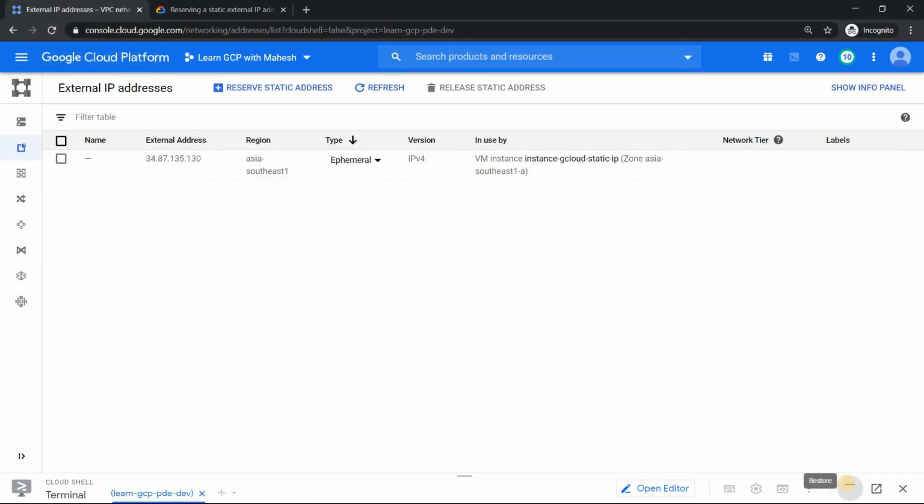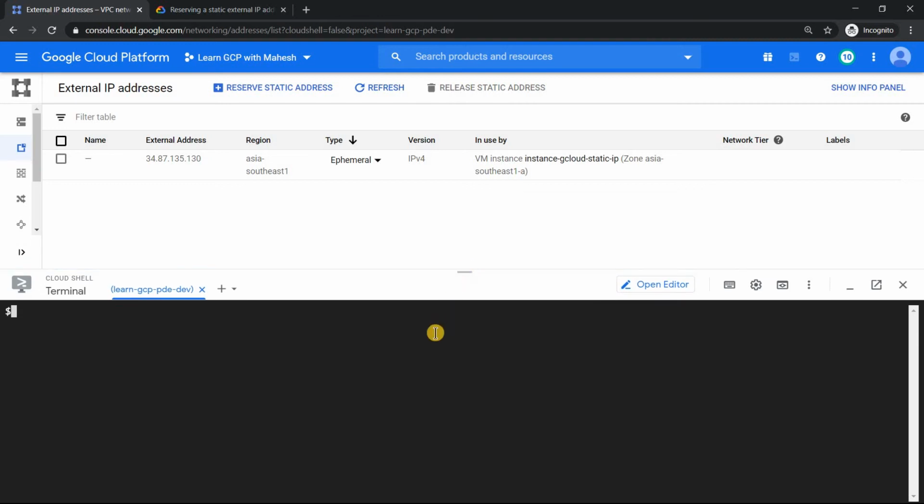For this, I'm going to launch my Cloud Shell, and instead of copying it, let's learn the command. So gcloud compute, and you can use tab, it auto-completes, addresses create. And what's the name? Let's call it static-cli, for command line. Then I want to pass the flag which is addresses, then just copy this IP address, and the region, which is Singapore.